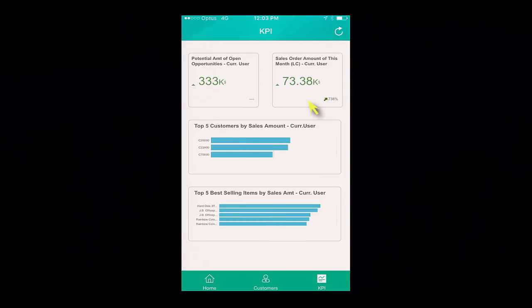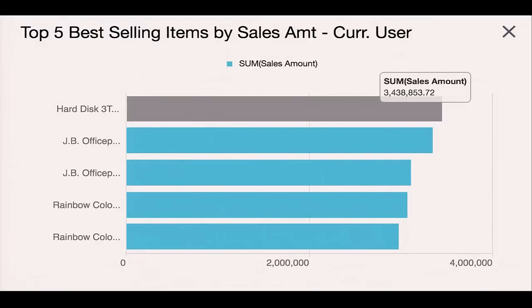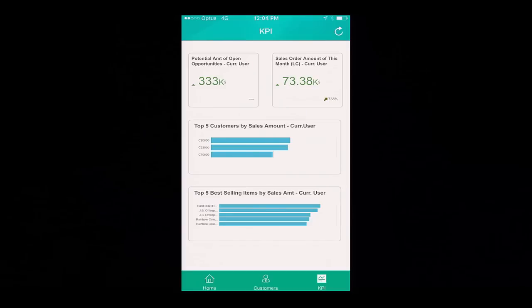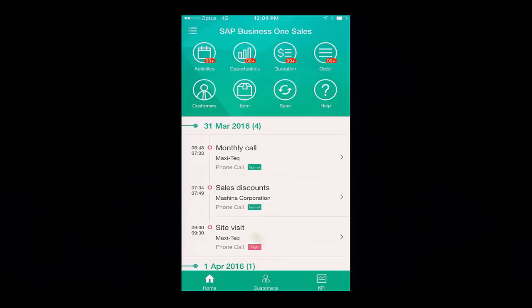We have access to all of this data in real time. I can further drill down into, for example, any of these KPIs and view the sum or sales amounts in further detail. Back to the home screen. Upon reviewing my to-do list, I need to arrange a site visit to my customer MaxiTech. I choose the activity,